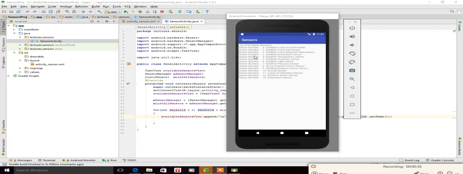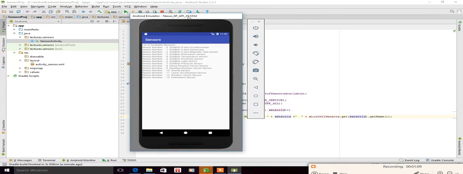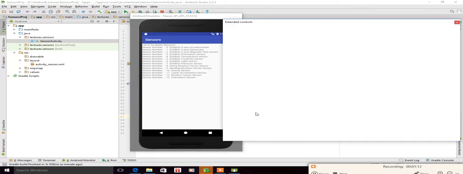The app is loading. Yes, 0, 1, 2, 3, 4, 5, 6, 7, 8, 9, 10, 11, 12, 13. Accelerometer, gyroscope, magnetic field sensor, orientation sensor, temperature sensor, proximity sensor, light sensor, pressure sensor, rotation vector sensor. One is geomag, one is game rotation vector sensor. Gravity sensor, linear acceleration sensor, rotation vector sensor again, and orientation sensor. So we have these 13 kinds of sensors available in our emulator,